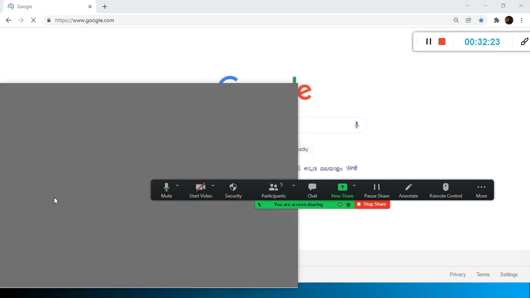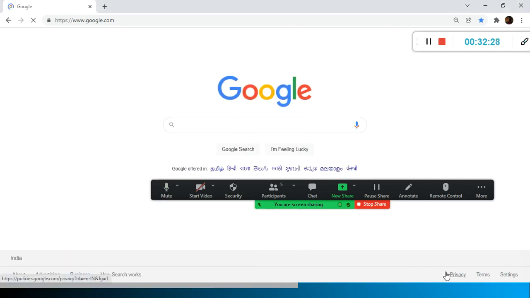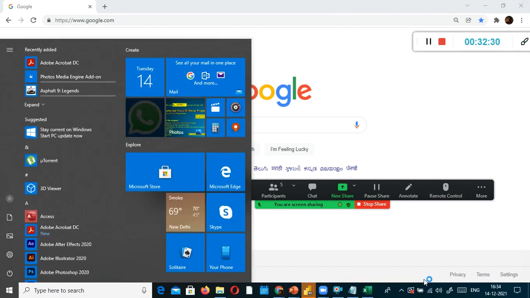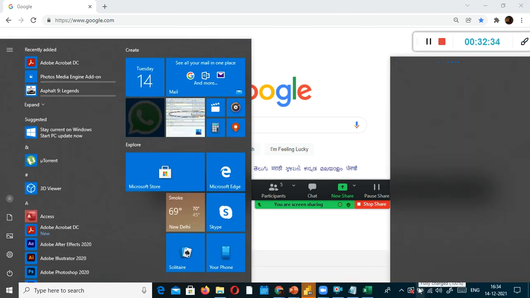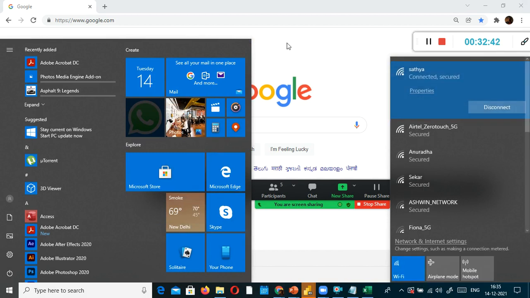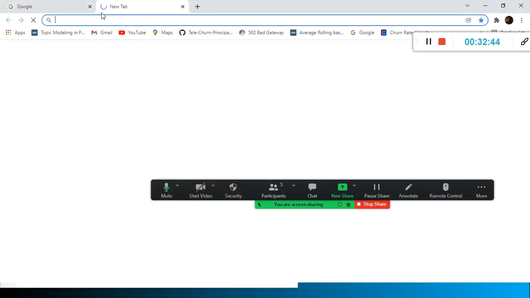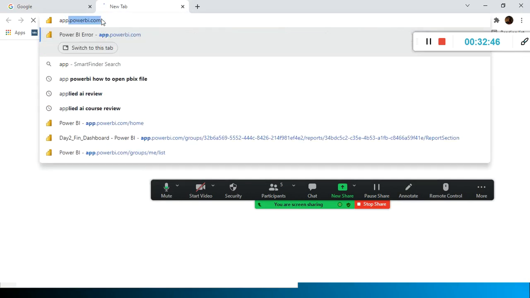But still, I want to see the speed. Yeah, the net connection is okay, not so bad. It is a little bit slow from my side, but not that bad. I think this is the Power BI service.